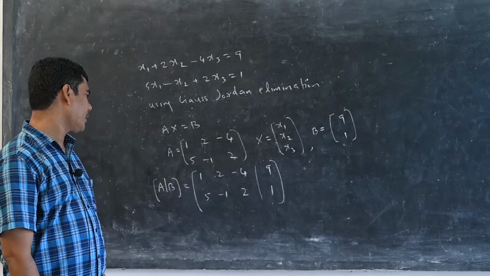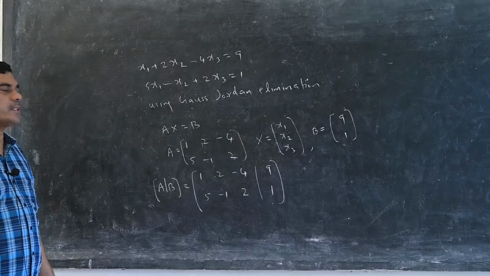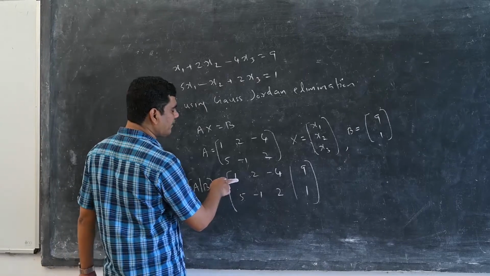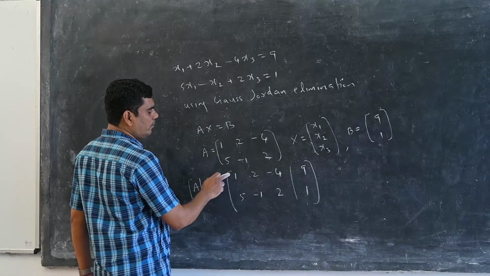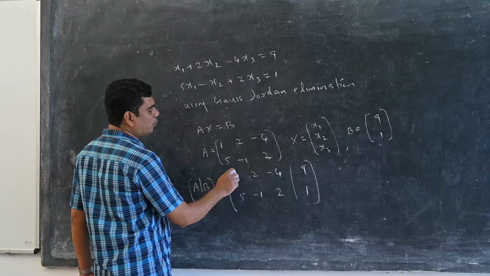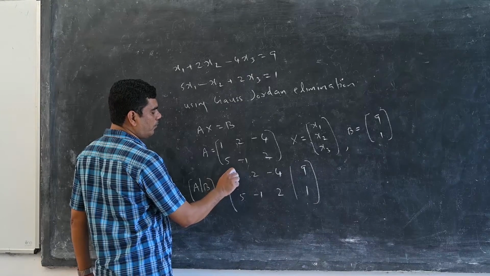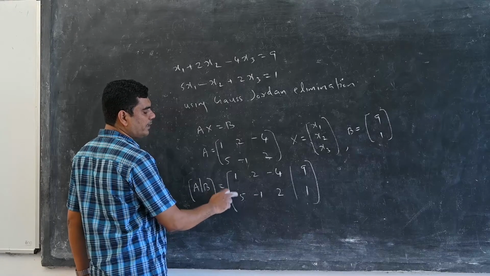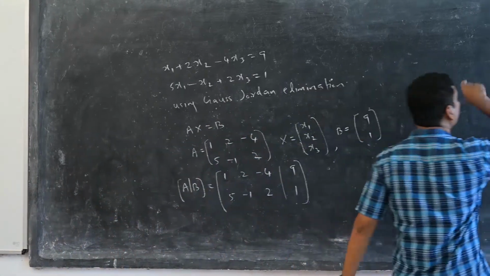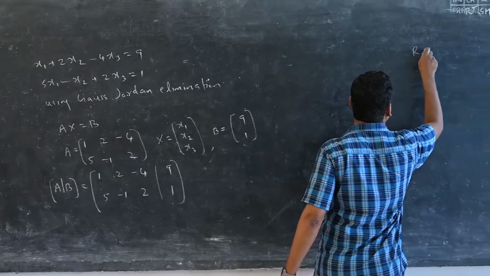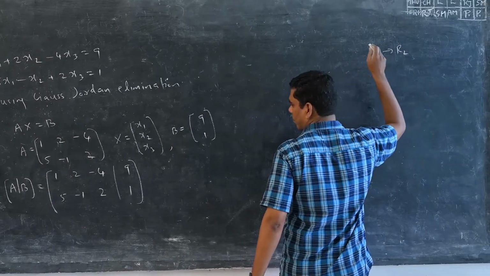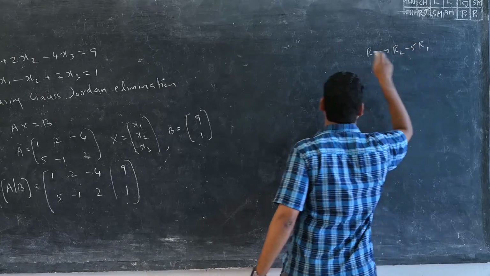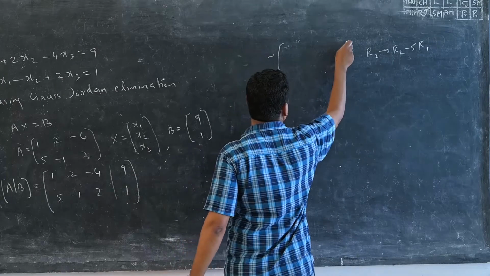That is the augmented matrix. Now we have to find the row reduced echelon form of this matrix. So for that, first we make this element 1. This is already 1, the first non-zero element in the first row. So we make the other elements in that column zeros. Make this 5 zero. So we have to do the row operation R2 goes into R2 minus 5R1.